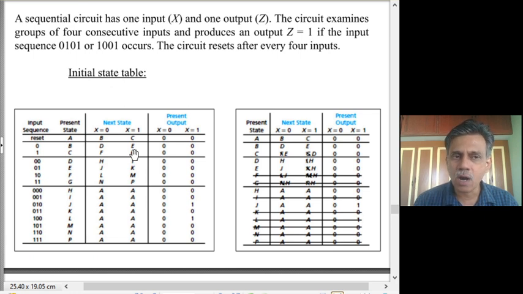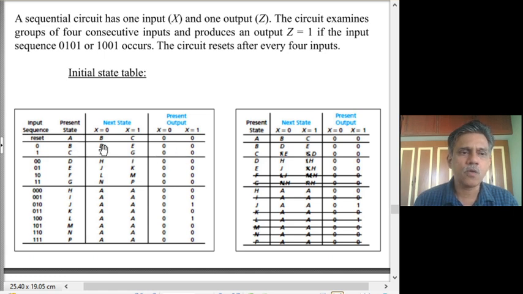Note that we are not at this point very keen on looking at whether the first 2-bit input combination is 0 0 or 1 1 and so on. We just simply keep generating states as and when the requirement comes, without bothering about reduction. So from B we go to D or E depending upon whether the second bit is 0 or 1. We of course have to produce only zeros when the second bit comes. Similarly, when you are in C, when x equal to 0 you go to F, when x equal to 1 you go to G, by producing only 0 0.